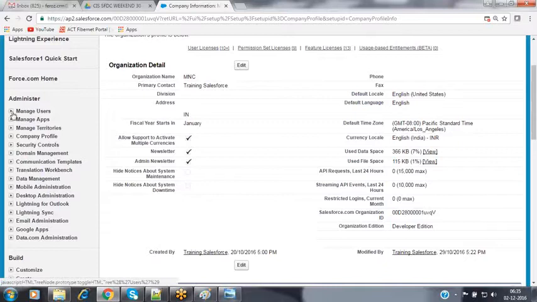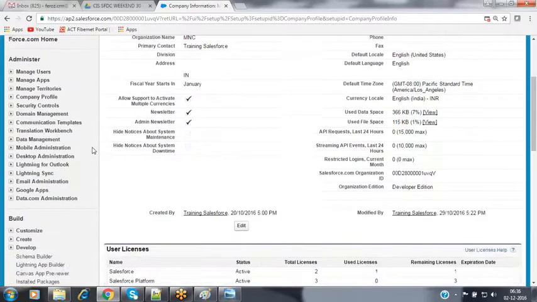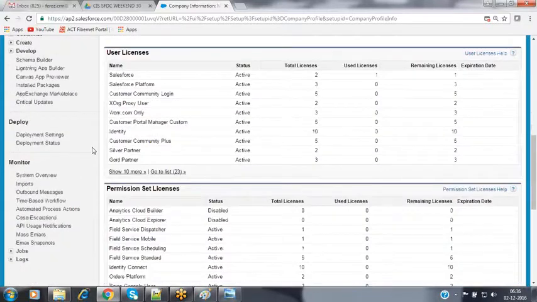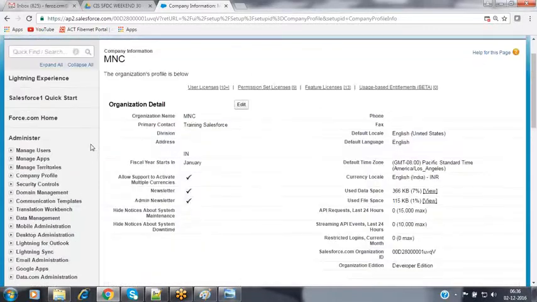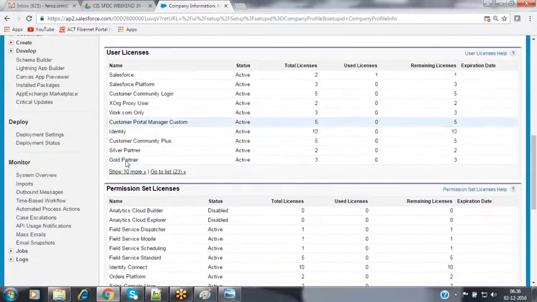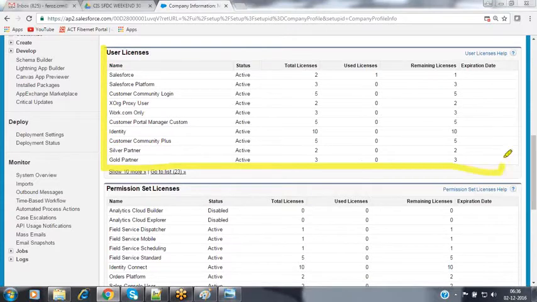So now in order to cross-check how many licenses Salesforce has given to you by default, we can cross-check this information here. When you go to company information, inside that company information, you will be having these licenses. So now observe this here. They have given that table. Inside that table, they have given clearly how many licenses Salesforce has offered to you as a free developer edition. They have offered the license type, user license types. Now the Salesforce license type, they have given 2 and 1 we have used as of now.